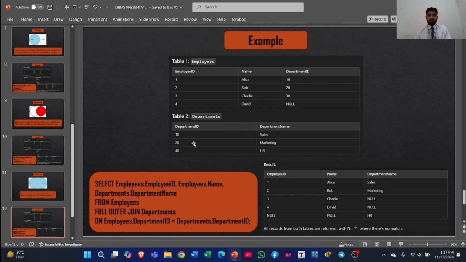If we apply full outer join by SQL, we have to write: select employees.employee_ID, employees.name, department.department_name from employee full outer join department on employees.department_ID = department.department_ID. Here the result is all records